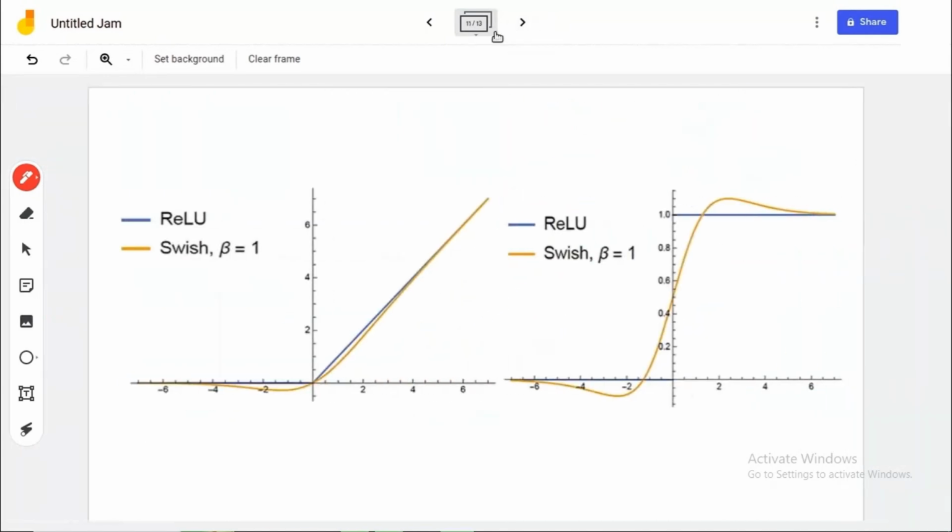If you look here carefully, this blue one is the ReLU function and orange is the swish function. It is very close to the ReLU function, so the similarities are uncanny, but if you look here, this point is differentiable for the swish function. This actually helped a lot, and in the ImageNet task it gave an extra 1% of accuracy using this function.